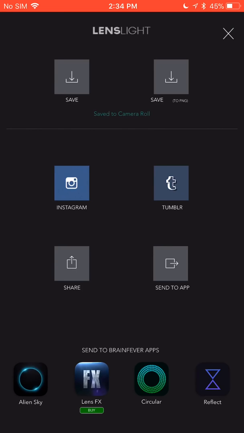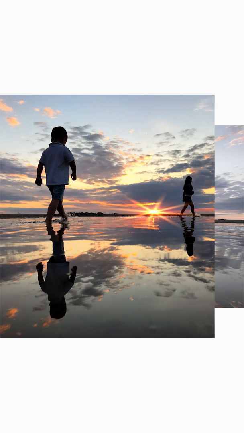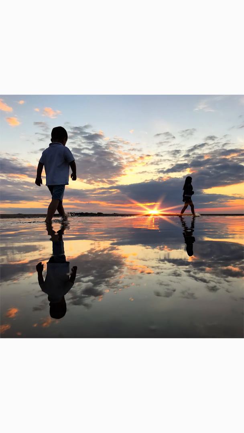Now the image is saved to camera roll, and let's review what we've created so far. Okay, so here is the original unedited photo before we made any of the changes. And here is the final edit, which looks that much better. We've flipped the image, we've cropped it, we've straightened the horizon, we worked in tune image and vignetting to really improve the color,